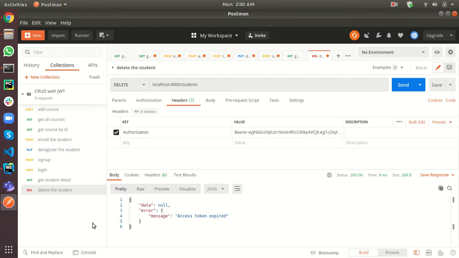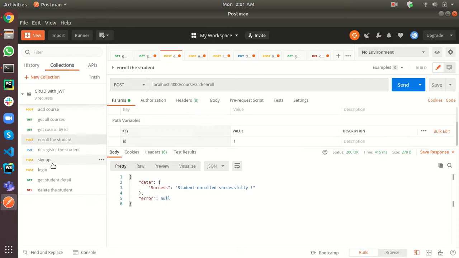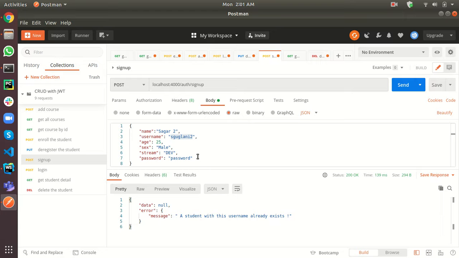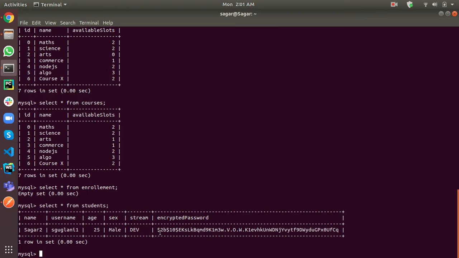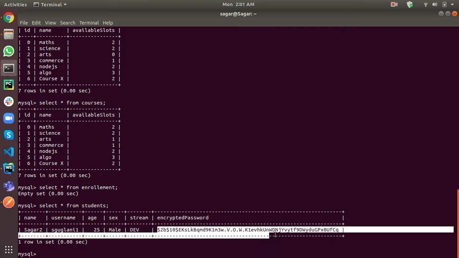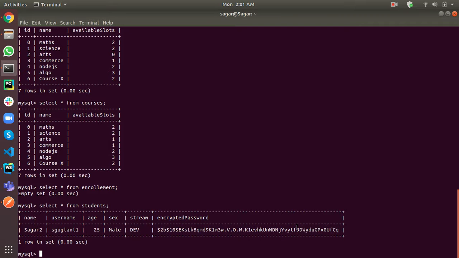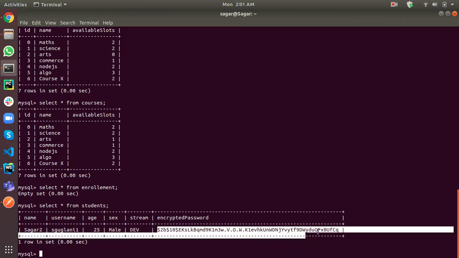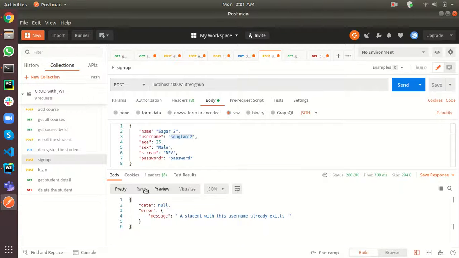The database used here is MySQL database, and for authentication I have used JWT authentication, and to validate what all inputs I have entered here, like name, username, all these are required attributes. So also we can show you how the password for S Guglani 1 was 1234. So it is stored in form of this hash, encrypted password. So if any user gets into my database, he does not understand what is this password. So yes, this is the working of the CRUD API.